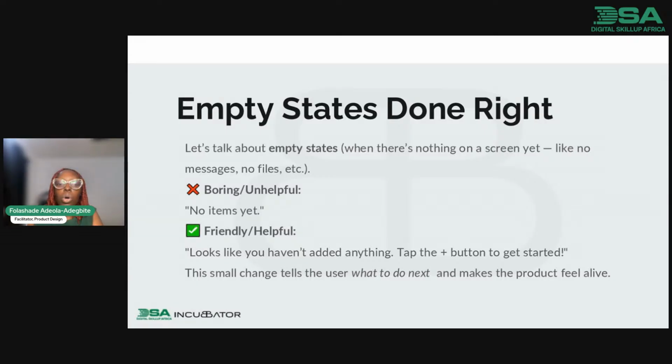So this small change tells the users what to do next and makes the product feel alive. They are aware of what they are to do. It's just like you are advising somebody. Someone came to you for advice on something, and you just said, don't do this, don't do this.